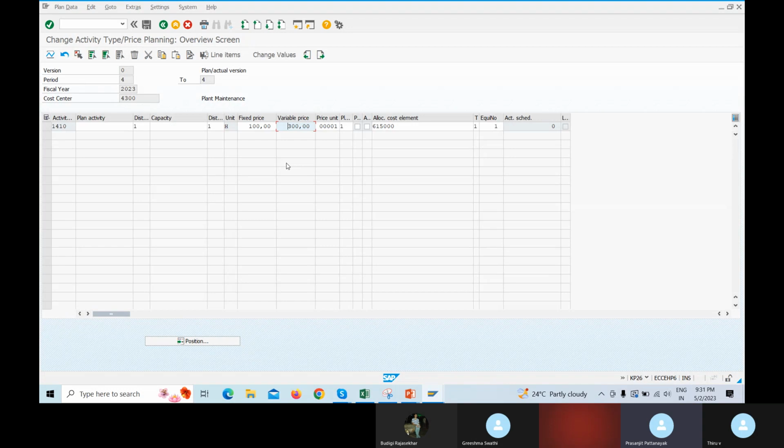Variable I have never seen. It's up to the business again. This is what is going to come to the planned cost. Absolutely. This is what is going to come for your planned cost of labor. Yes, that is what we are discussing now.